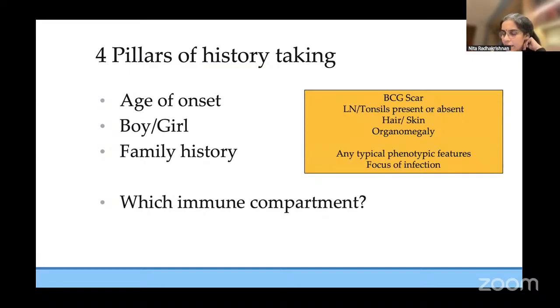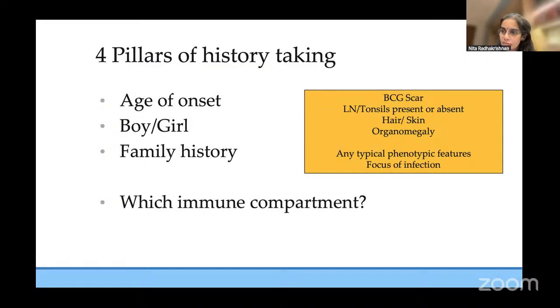So clinically, there's nothing really helpful. Many a times it's just failure to thrive. Many a times it is a sequelae of the infection only, like some fistula or some kind of skin rash, etc. that you will pick up. Lymph nodes and tonsils you could look for. Patients who have antibody deficiencies will have absent lymph nodes and tonsils.